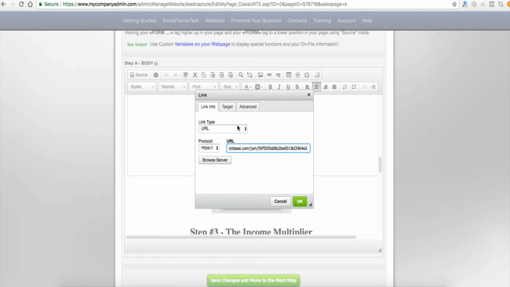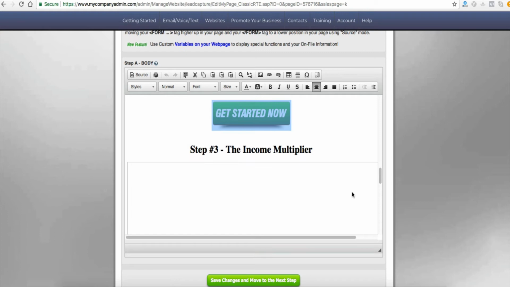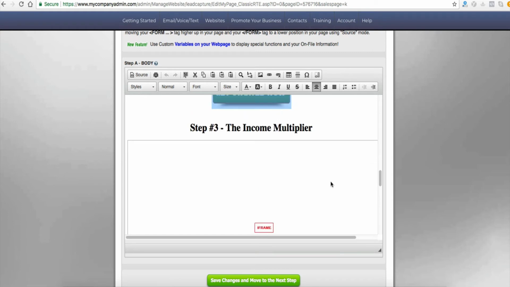All right, so now we still need to change the target. Make sure it says new window. All right, you don't want it to open up on the same page. You want it to open up in a new window. Okay, make sure you do that. Click OK. And then now we just have one more to go, and that is the PLS checkout page, right,